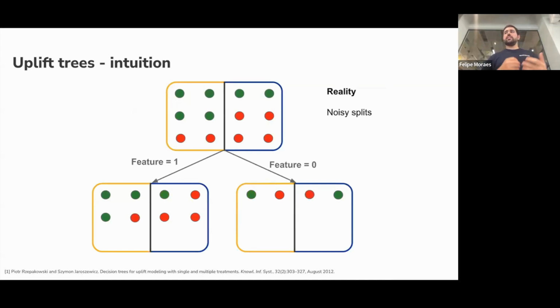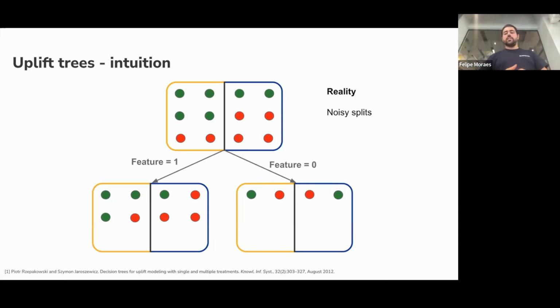But reality is a little bit more messy. So you don't really have perfect splits. You have something in between. You have some noisy estimates, and this is the best split that you can actually do with the data and the features you have. And so the usual way of growing trees, like in classification and regression trees (CART), is that you greedily make splits. You find the feature that best splits the data at each point.